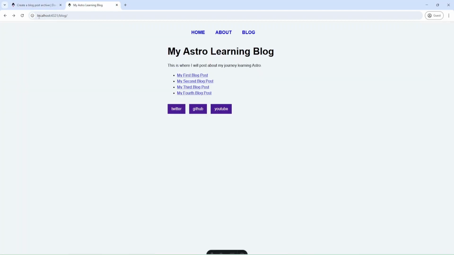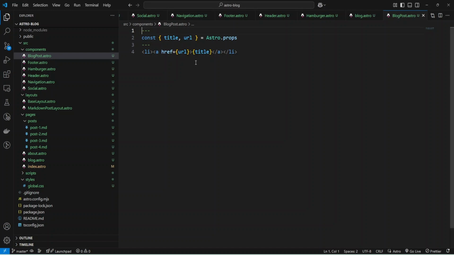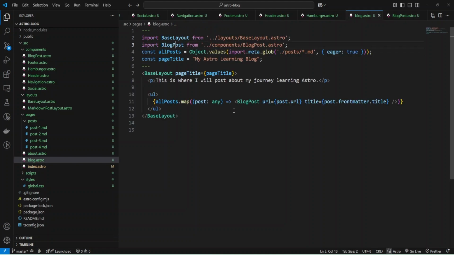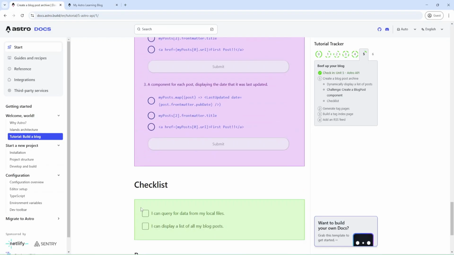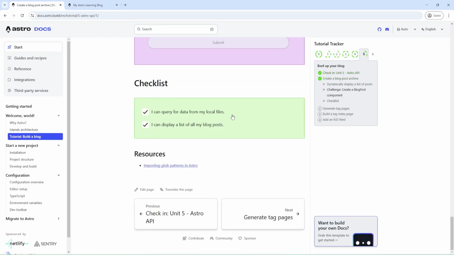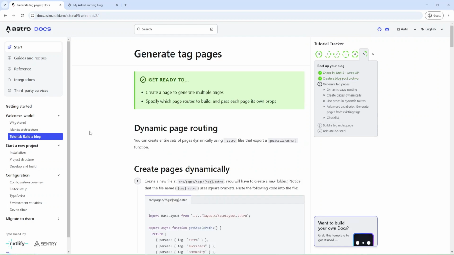Okay, and let's check. And actually nothing was changed because we just added a variable and used these variables from props. We can go back and check. Okay, and I can mark these checkboxes as done and go next.